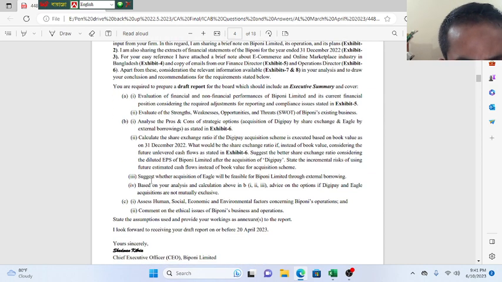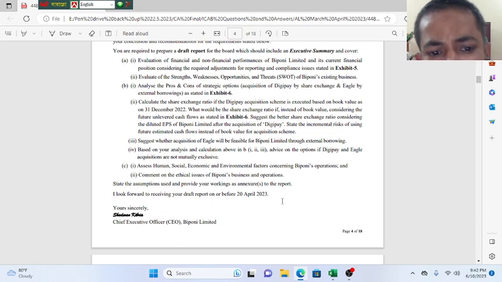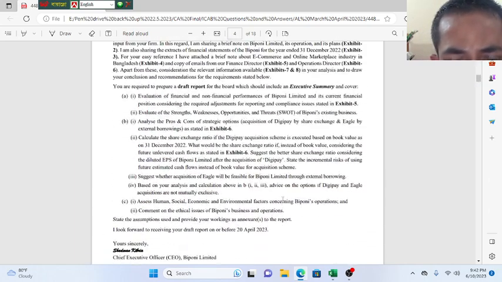Three is to suggest whether the acquisition of Eagle will be feasible for Biponi Limited through external borrowing. Based on your analysis and calculation above in B 1 to 3, advise on the option of DigiPay and Eagle acquisition, whether they are not mutually exclusive. So C is to assess human, social and other factors, and comment on ethical issues of business and operation. We will not go for this. We'll just discuss the question of the financing section,